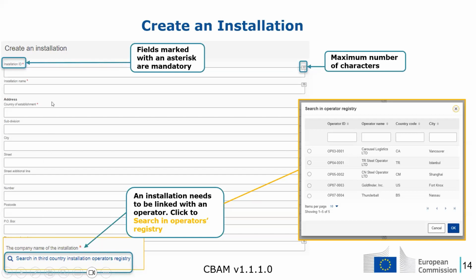And when we create the installation, at some point we need also to search in the third country installation operators registry in order to link the current installation with one of the operators that we have already registered. So in order to do this properly, we need first to create the operators and then create the installations so that we can actually link the installations with the operators.